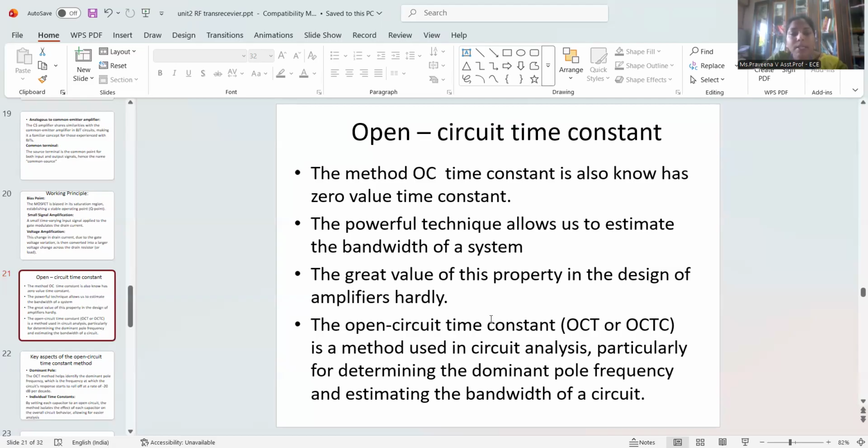Why it is important means it's used to calculate the amplifier bandwidth quickly, and it identifies the dominant pole, and it simplifies high frequency amplifier design. It reduces the complex calculations, and it is widely used in RF and analog circuit design. Okay,